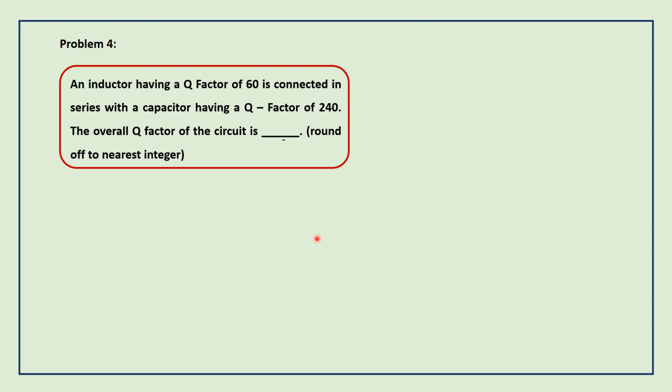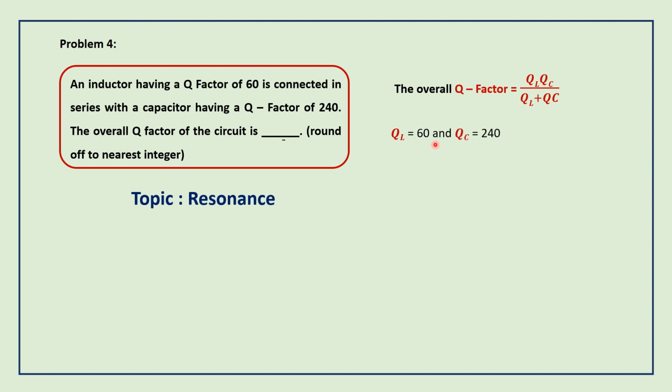Okay. So here one formulation is there. The topic is resonance. One formulation is there. Q factor equals QL QC by QL plus QC. So with this formulation, we can find out the answer for the overall Q factor of the circuit. QL equals 60, it is given. QC equals 240. Substituting the quality factors of inductance and capacitance in this formulation, we can find the overall